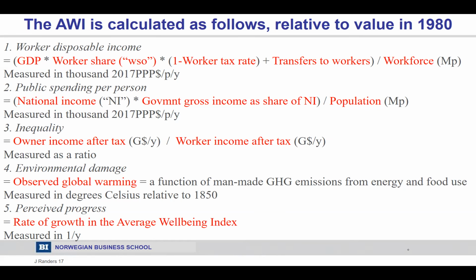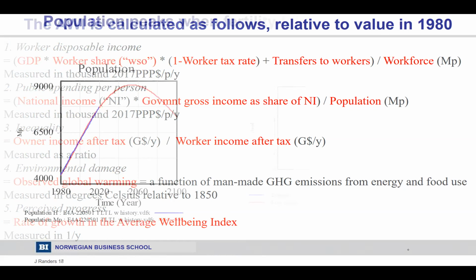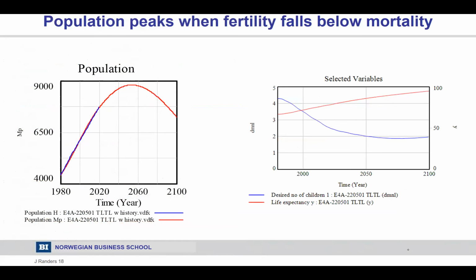And the art in the rest of my presentation is to try to get you to feel how coarsely we approximate these, I guess it's 10 red variables. And the way I have chosen to do that after a lot of attempts is to actually go into the model and then look at variable by variable, comparing it. So looking at what it looks like in the base run from 1980 to 2100, and comparing with history, which is the blue line in this case. So that's actual data from the real world.